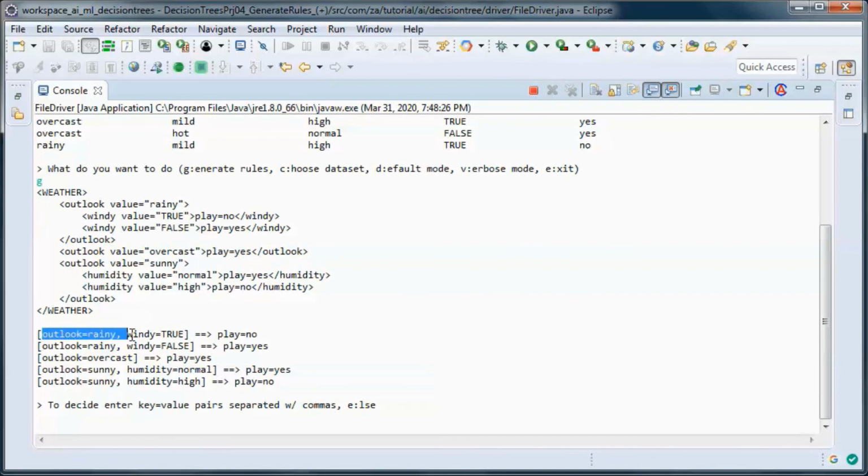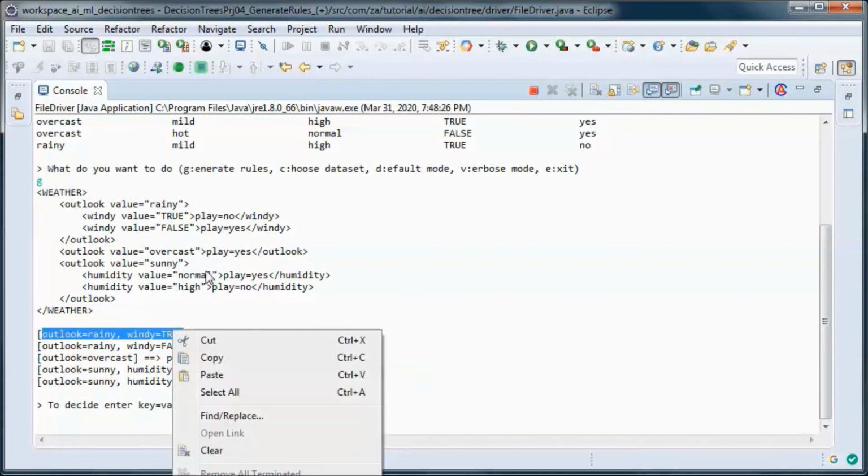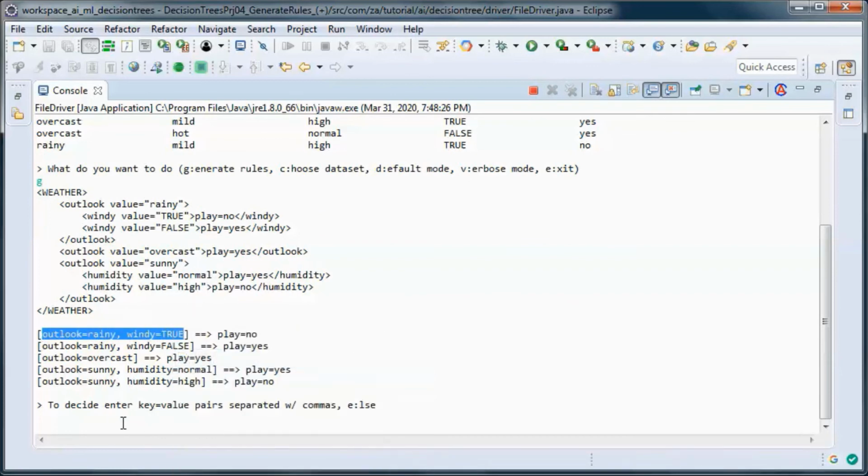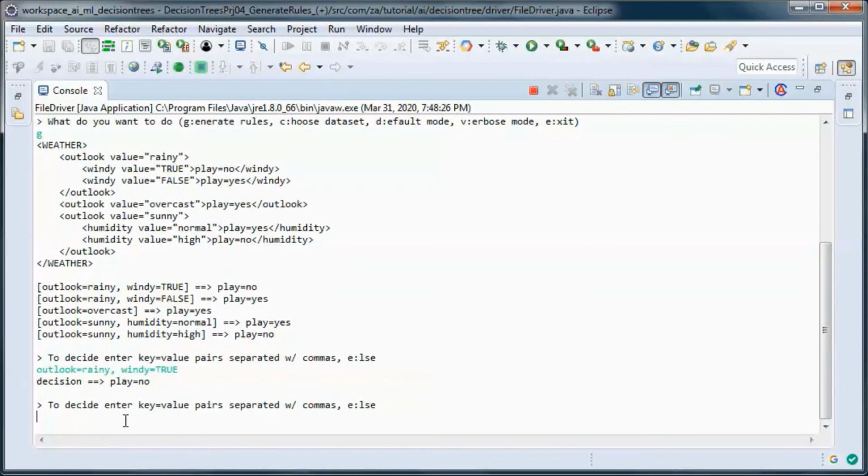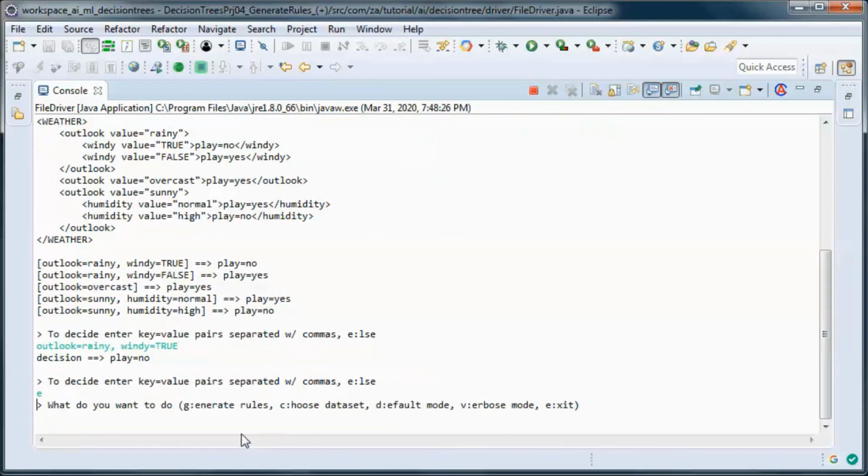And maybe try this one. And let's see if the other file can be accessed.